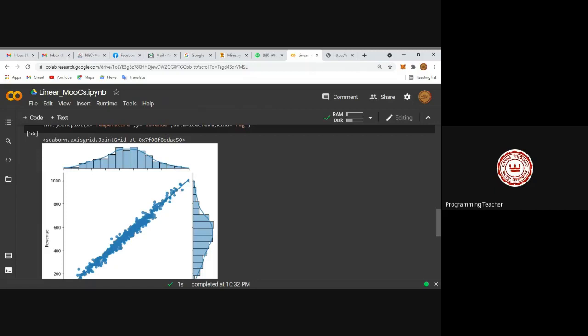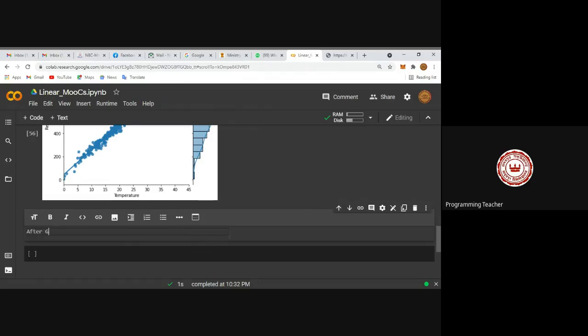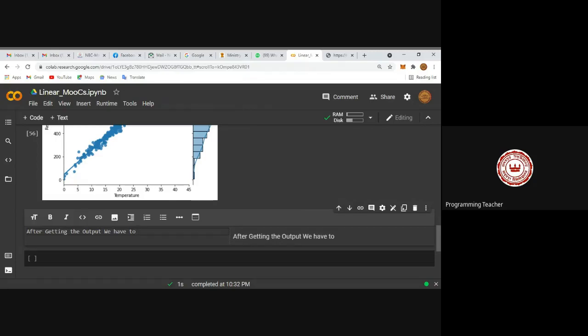The trend of the data clearly states this particular data is going to satisfy y = mx + c. This line is going to tell us very clearly. So let's try to run the linear regression. Before starting, you have to write down the project like this way. After getting the output, we have realized that this is going to satisfy y = mx + c.